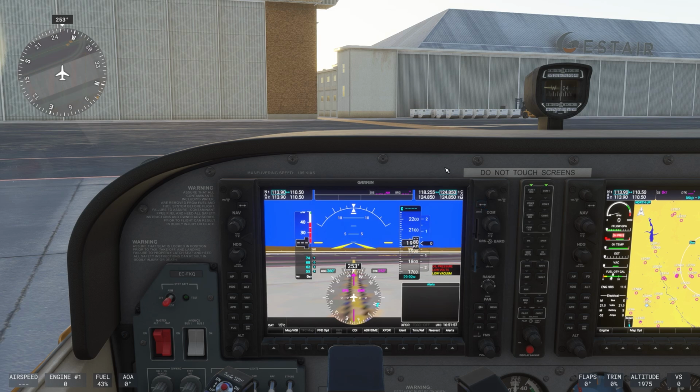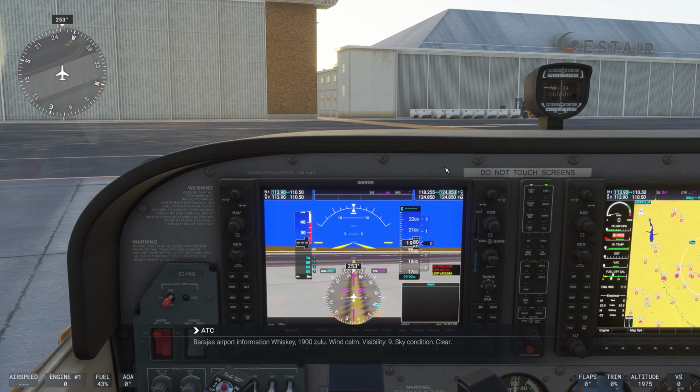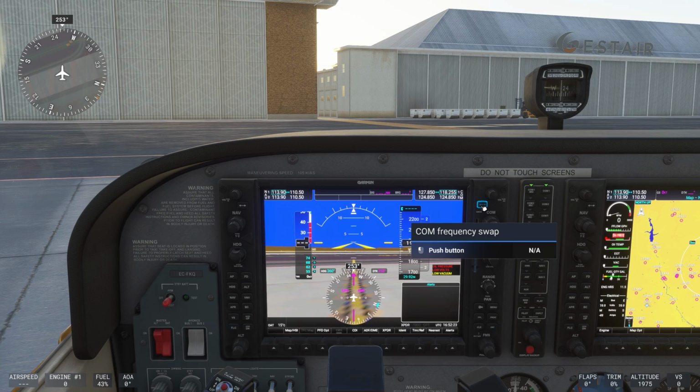Independent parallel ILS approaches are in force. Arrival runways 18 left and 18 right. Surface wind 160 degrees at 6 knots. Variable between 120 degrees and 200 degrees. Visibility 10 kilometers or more. Light rain. So, as you can see, you get basic airport information from an automated computer broadcaster when you listen